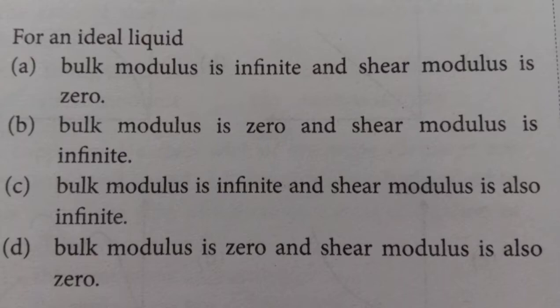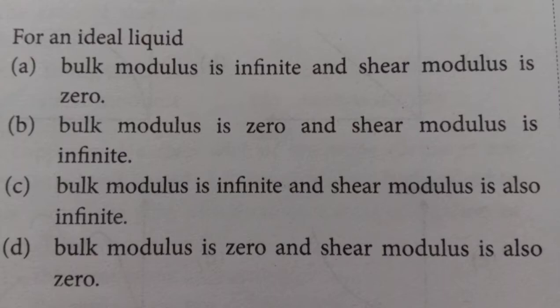For an ideal liquid, option A: bulk modulus is infinite and shear modulus is 0. Option B: bulk modulus is 0 and shear modulus is infinite. Option C: bulk modulus is infinite and shear modulus is also infinite. And option D: bulk modulus is 0 and shear modulus is also 0. Now you can pause the video and think about the answer. The correct answer for the question is option A, which is bulk modulus is infinite and the shear modulus